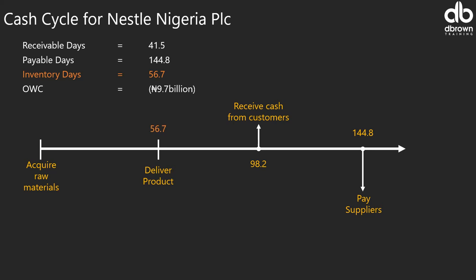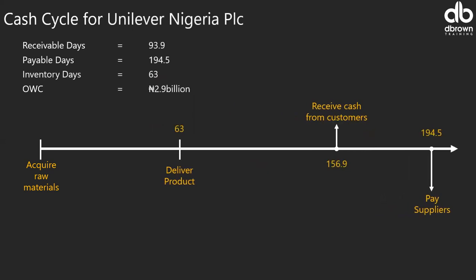Now, because they've received cash at 98.2 days, the larger that margin between you receiving cash and paying your suppliers, the better for you, because it is more like you using free money. In fact, you can use this to start up another cycle. By the time you still want to pay this guy on 144.8, you are still paying him the actual money, even though he might have added one of his own because of the delay. But you still cannot compare that. Right? This is Nestle. Now let's compare this to Unilever.